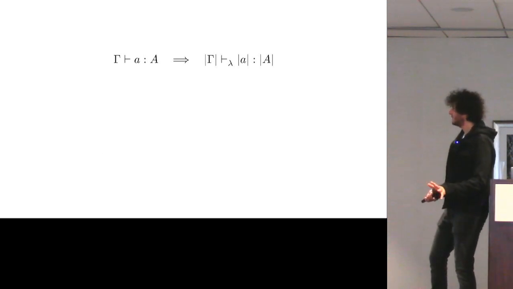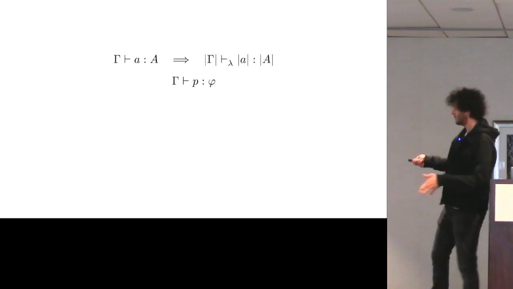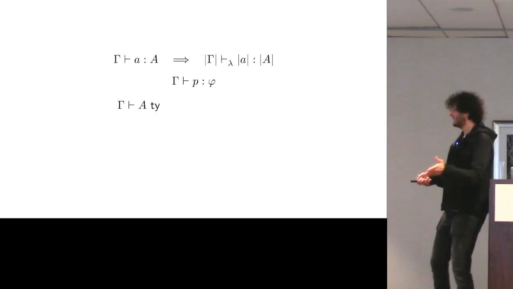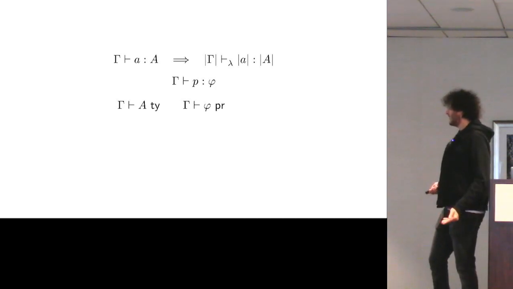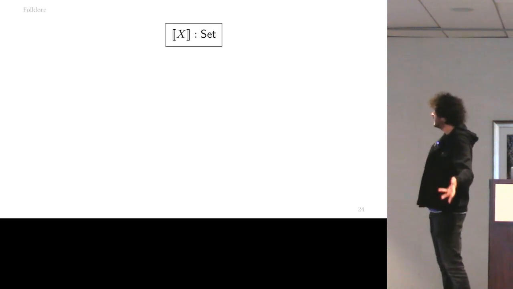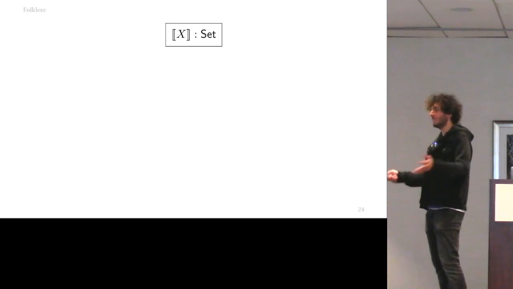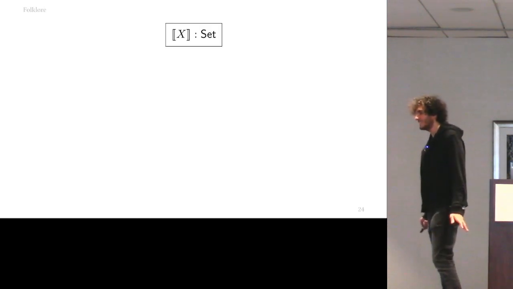And we're just going to need a few more judgments. Namely, we're going to need a judgment that a proof is valid. We're going to need a judgment that a type is valid, since this is dependent type theory, that a proposition is valid, and finally, of course, that a whole context is valid, which just means that it's made of valid things. Moving on, we can now finally give everyone's favorite part, denotational semantics,